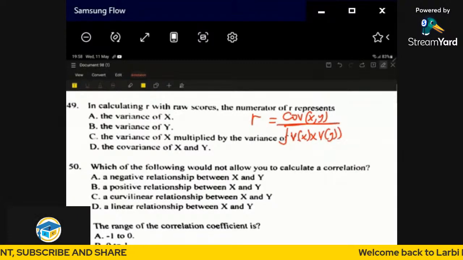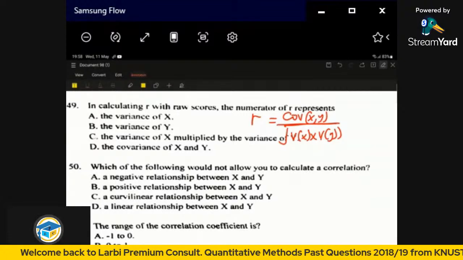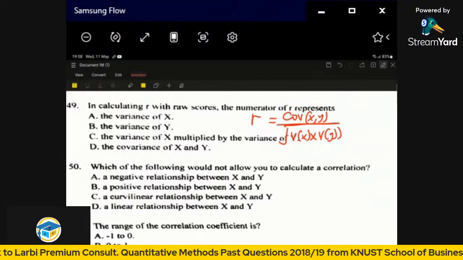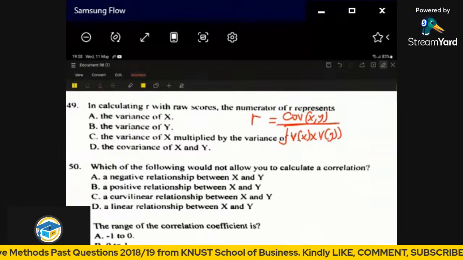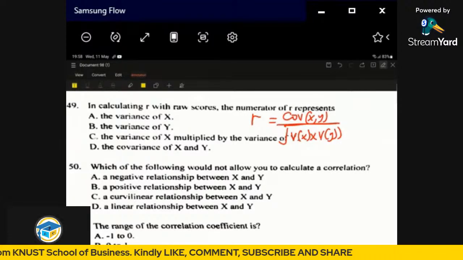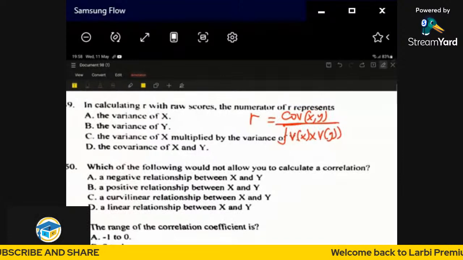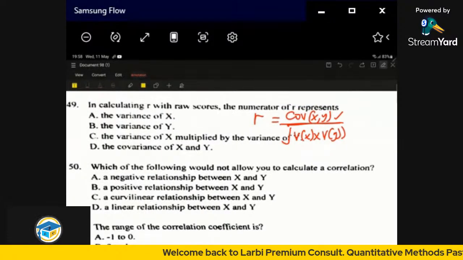So in calculating r with raw scores, the numerator of r represents what? The covariance of x and y. So let's be guided. With raw score, the formula is the covariance of the two variables divided by the square root of the variance of the two variables multiplied, that's variance of x multiplying variance of y. Is that okay? So the numerator here is the covariance in that case. So let's be guided about that. So that becomes option